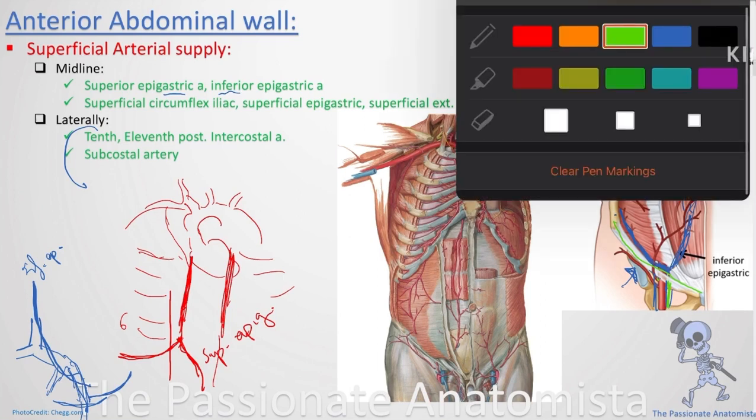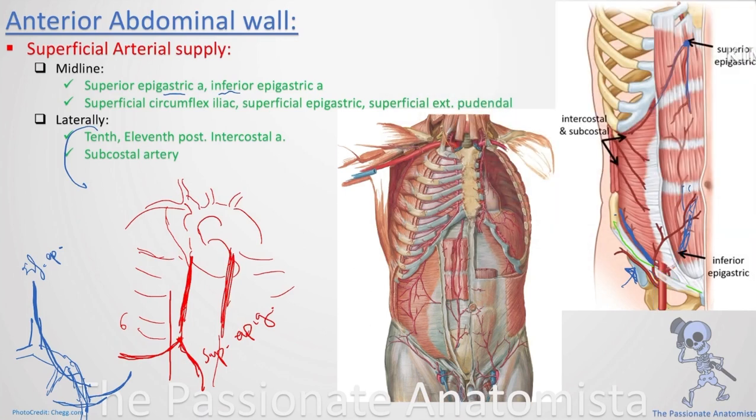The femoral, guys, is going to be very jealous of the external iliac. It's going to say, okay, so now you have inferior epigastric and you have deep circumflex iliac, I will make superficial epigastric and I will make superficial circumflex iliac. Okay, guys? So when you want to study the arterial supply deep, just remember the superior epigastric, inferior epigastric, and